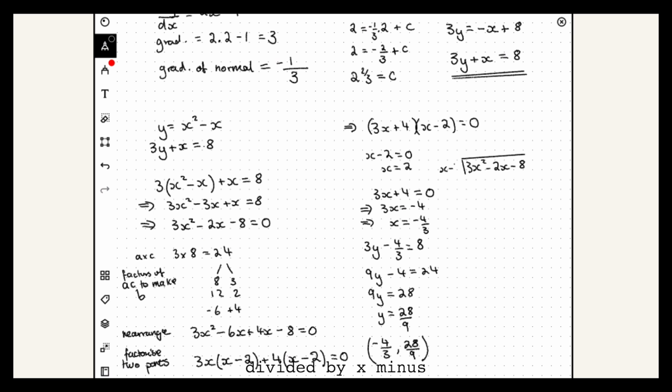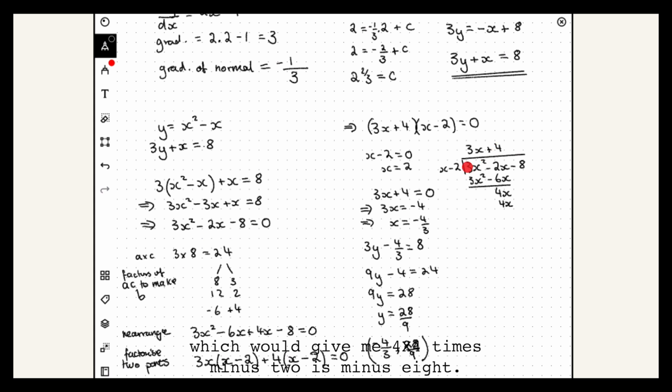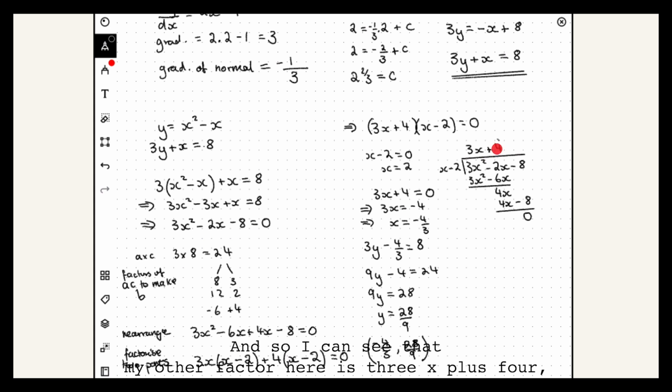X into 3x squared goes 3x, so that's 3x squared. 3x times minus 2 is minus 6x. If I take those away, minus 2x minus minus 6x makes 4x, positive 4x. x into 4x goes plus 4, which will give me 4x. 4 times minus 2 is minus 8, and if I take those away, minus 8 minus minus 8 will give me 0. And so I can see that my other factor here is 3x plus 4,